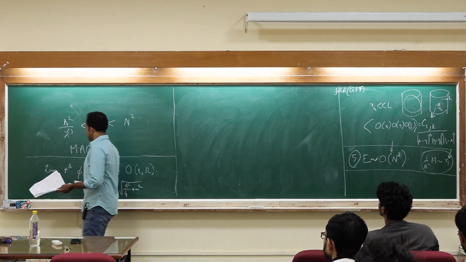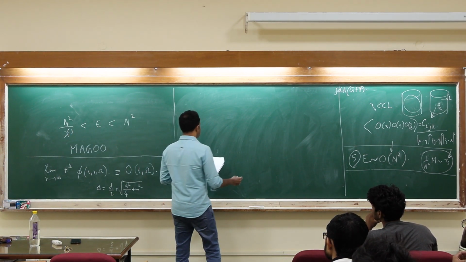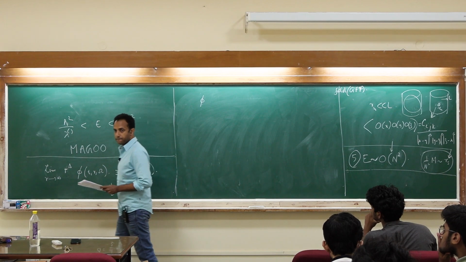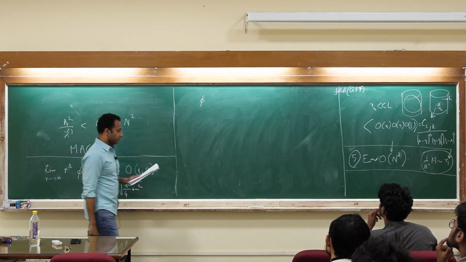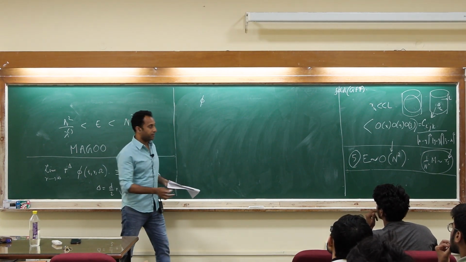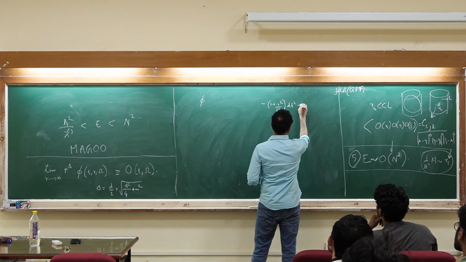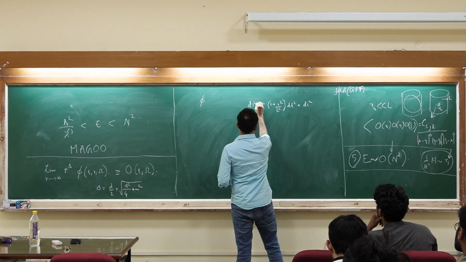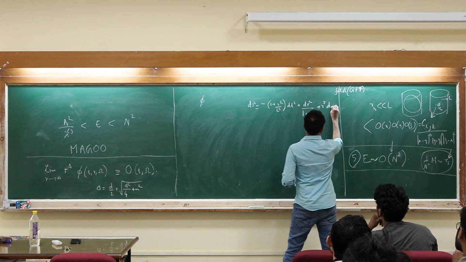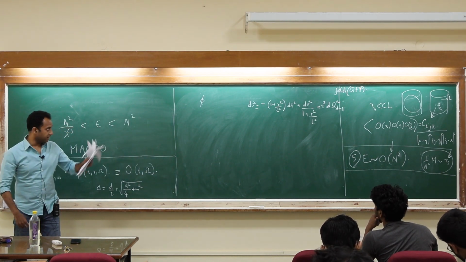So how does that translate? One of the ways in which you can motivate this is to solve the bulk scalar field wave equation. Let's say we have a scalar field phi, and we solve for the bulk scalar field in the AdS background. You remember the metric that I wrote down, which was minus 1 plus r squared by L squared. So this is my AdS metric. It's the global AdS that I'm working with. Okay, so this is my AdS d plus 1.